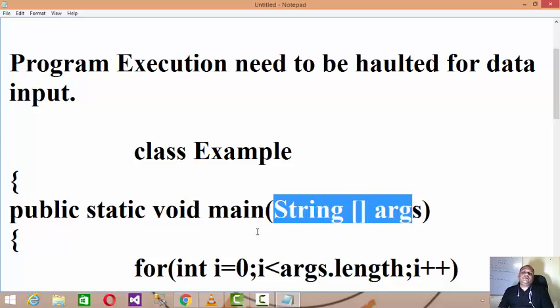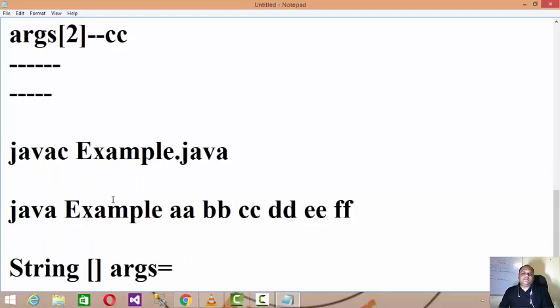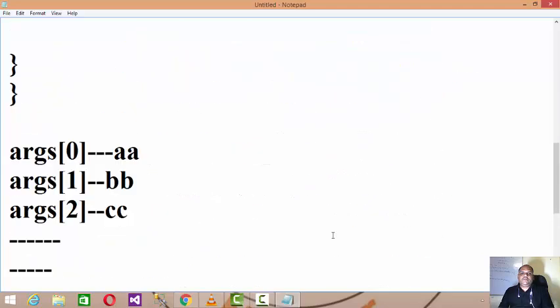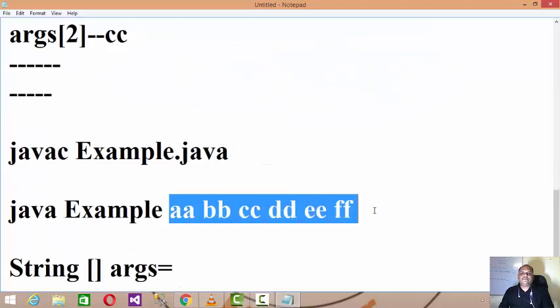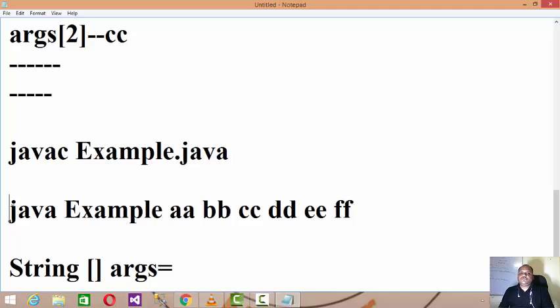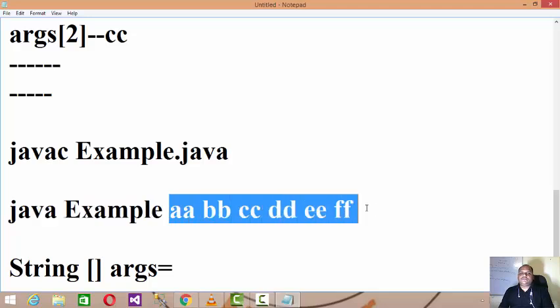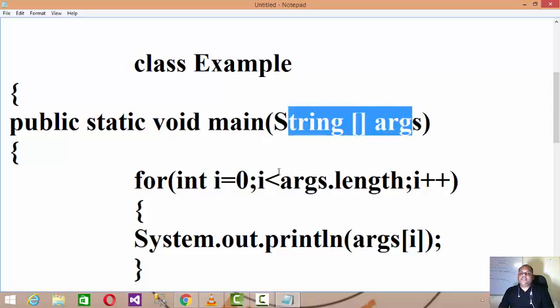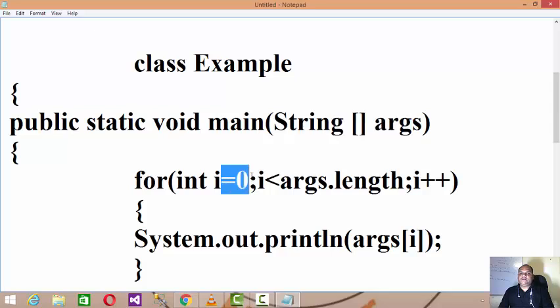It means whenever we run the Java program, by default it gives a call to the main, right? So if I pass all the inputs from the execution area, all the inputs will get assigned to the array of string, and all the data gets assigned to the array with the subscript starting at 0 and going till the array length.